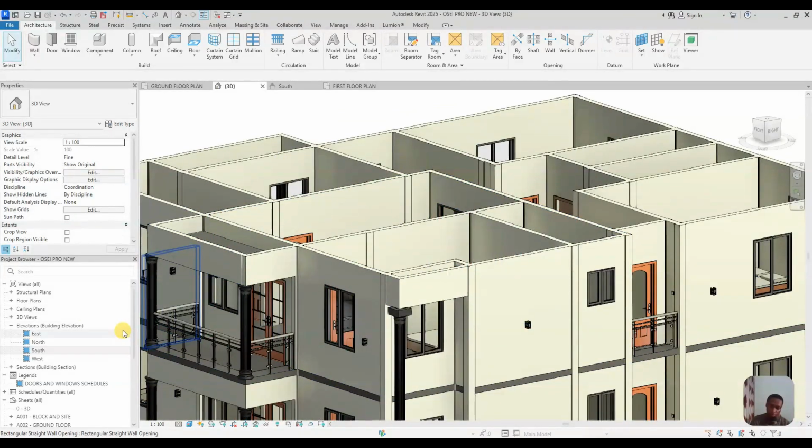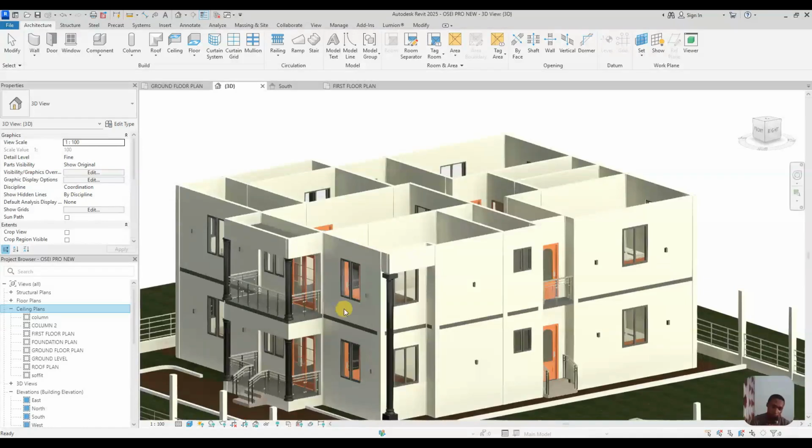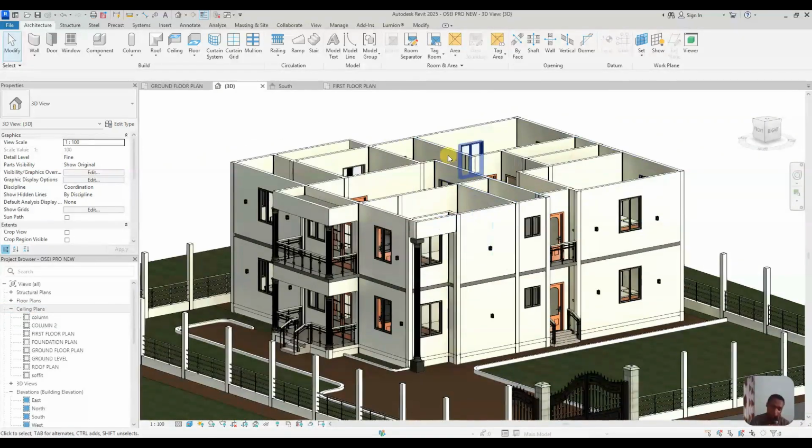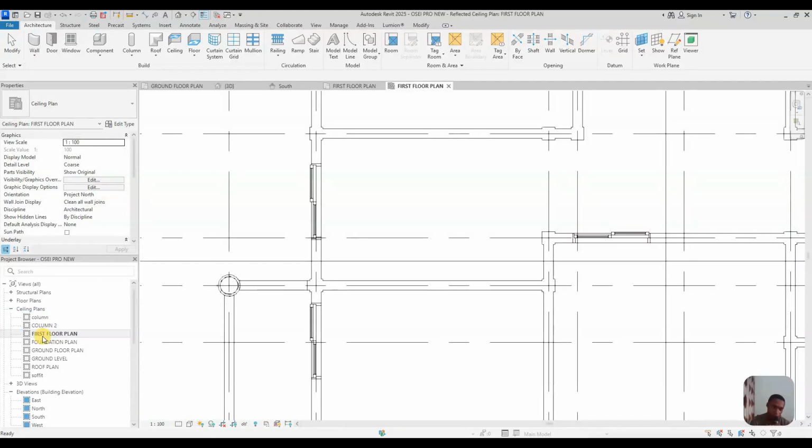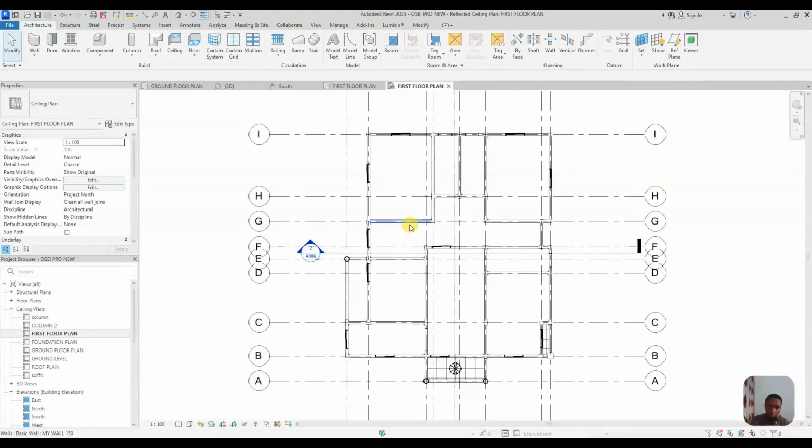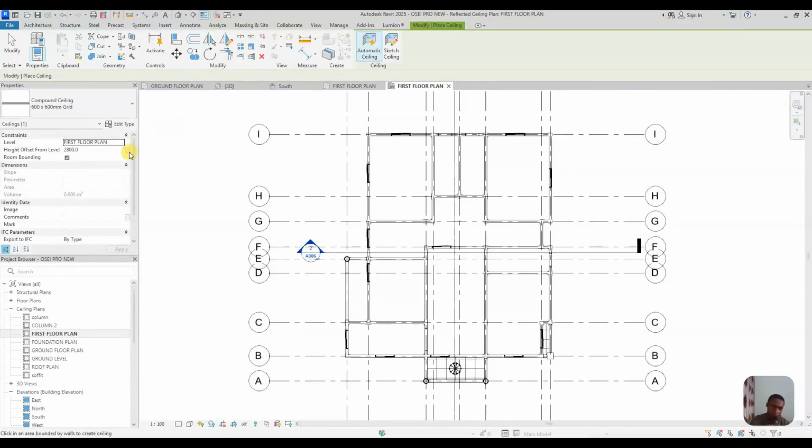Now for the ceiling, let's move to the ceiling plans. Because we want to create it at this side, this side will be the first floor. So you open the first floor level at the ceiling side, not at the floor plan side, at the ceiling side. So open the first floor, then I will select my ceiling from architecture tab, ceiling. So I'll click on ceiling, then